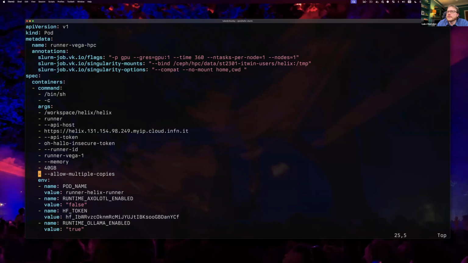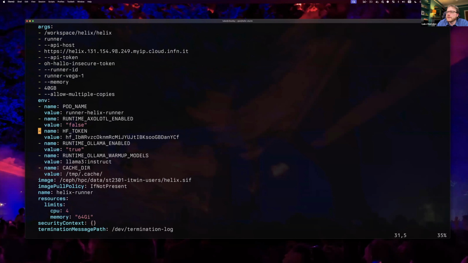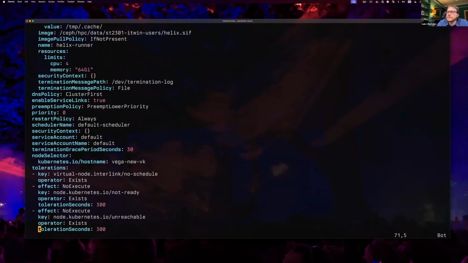And then this is just a normal Helix runner pod spec, but there are a couple of other changes at the bottom around these tolerations. Do you want to just explain what those are for? Yeah, the cool thing about these is that they are native Kubernetes specifications. So we are talking Kubernetes language to say, okay, this pod has to go to this special node, the Vega node. But the node selector by itself won't be enough,